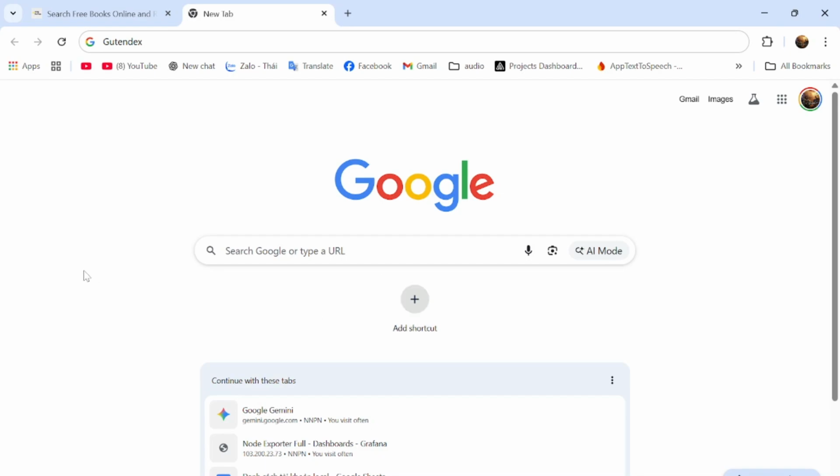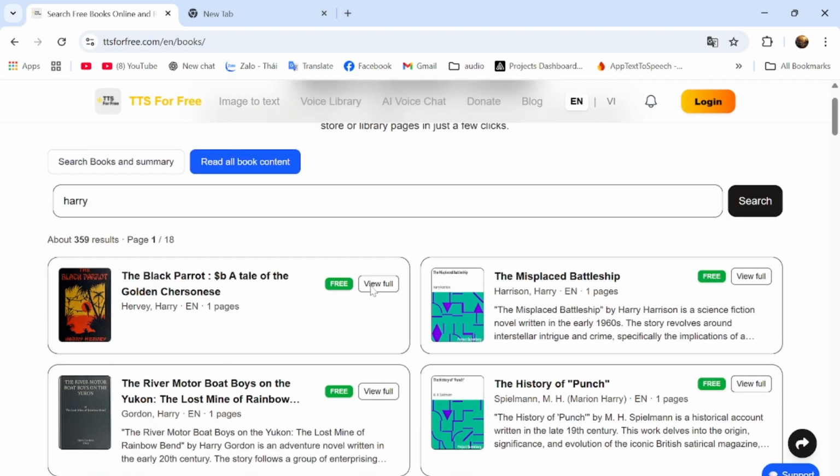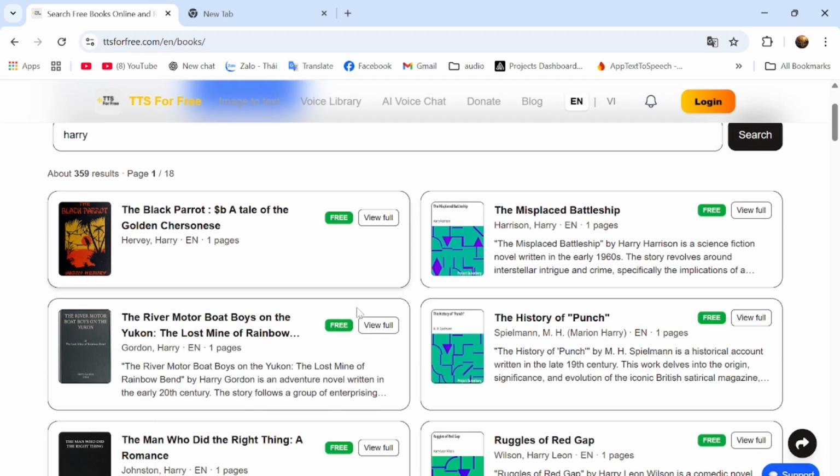Hello everyone, today let me help you integrate the book API with the library Gutendex. This API helps you search for free books. It has an open license, so you can use these books to convert to audio and post on Facebook or